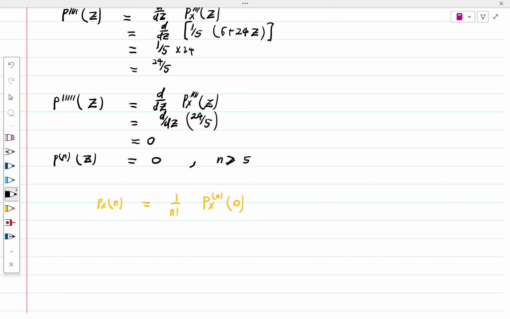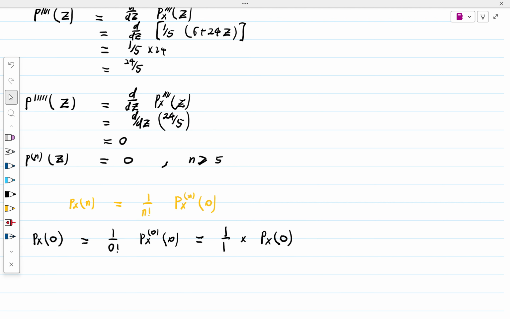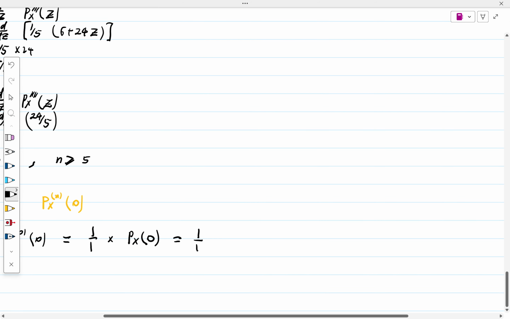Keeping that in mind, we can now evaluate P_X(0). P_X(0) would be 1 on 0 factorial times the 0th derivative evaluated at 0. Now, 0 factorial is simply equal to 1, so it becomes 1 on 1 out the front, times the 0th derivative of a function, which is a funny way of saying it, but the 0th derivative is just the function itself. That's what we mean by the 0th derivative. So it's just the function evaluated at 0. This becomes 1 on 1 times